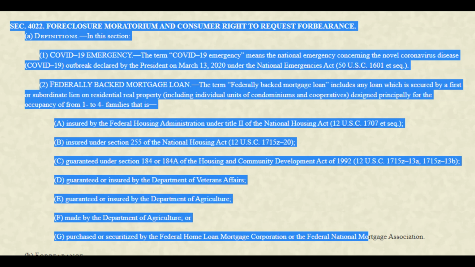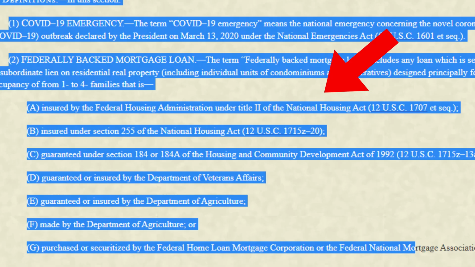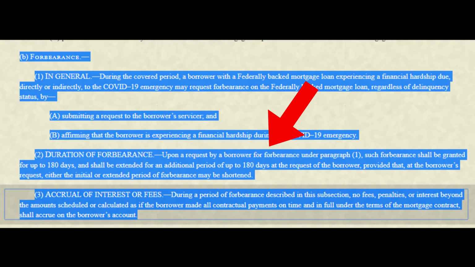If you bought a rental property or investment property or pretty much any property using a federally backed mortgage program, this includes FHA, VA (Veterans Affairs) loans, agricultural loans, or loans backed by Fannie Mae or Freddie Mac, this applies to you. You can request a forbearance of up to 180 days for single family up to 4 units of property. There's a separate subsection for multifamily of 5 units or more.